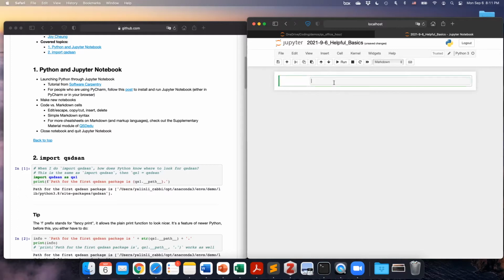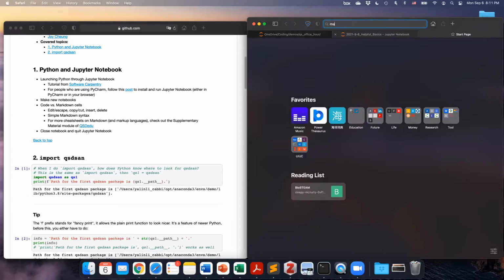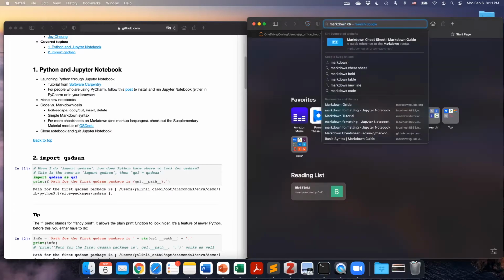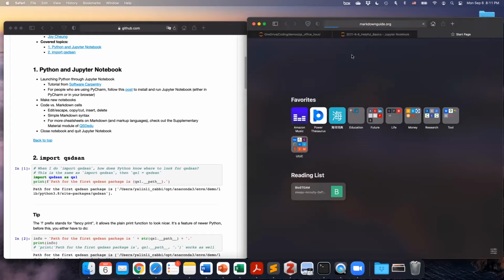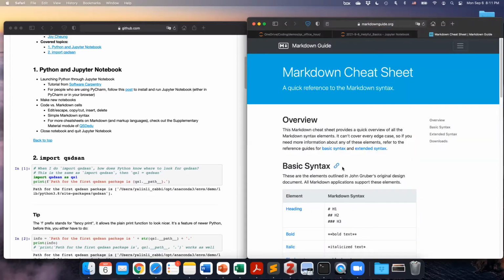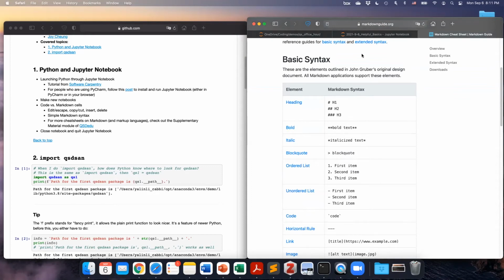So to use markdown, it's different. I included some links to a module, which were actually in some of the cheat sheets on markdown. If you want to find other places to learn markdown, you can just search for a markdown cheat sheet, and this website, markdownguide.org, has really useful syntax and other information about how we can use markdown. For example, first it tells us about how to use headings, which is just to add this hashtag